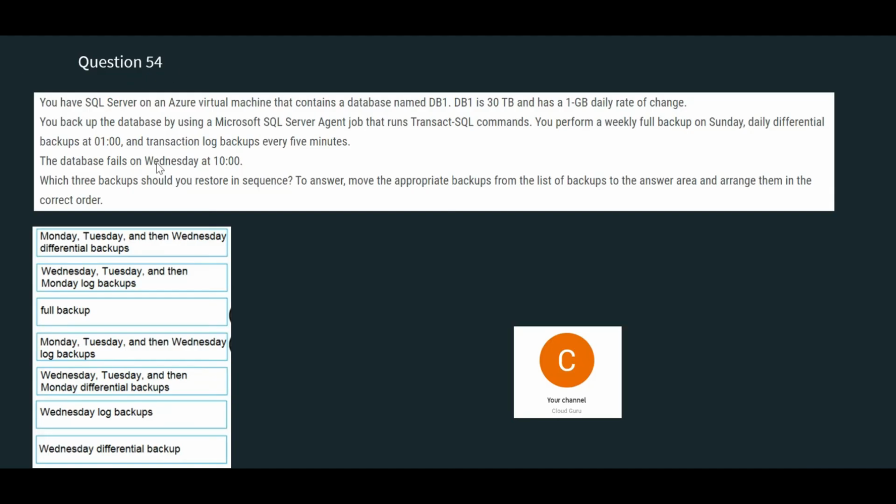If you see here, it says Wednesday 10. 10 means 10 AM, because if there is no AM or PM written, it means you have to follow the 24-hour clock. So the database fails at 10 AM. Now it is asking which 3 data backups you should restore in sequence.